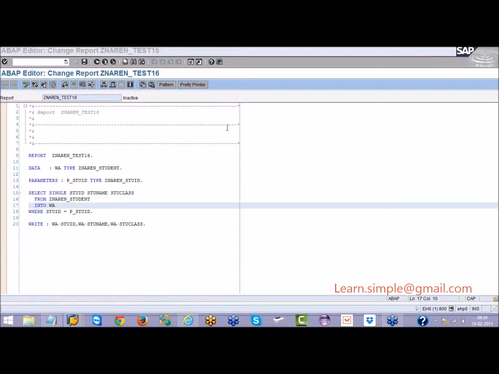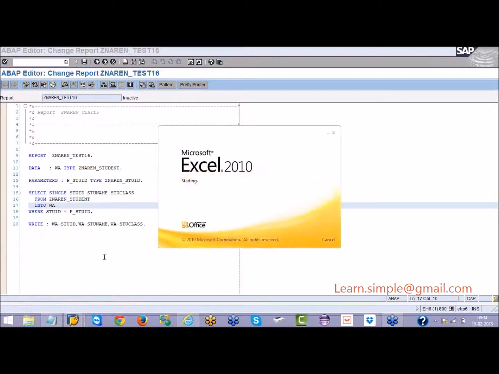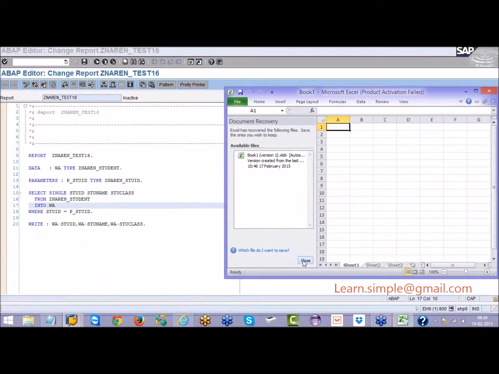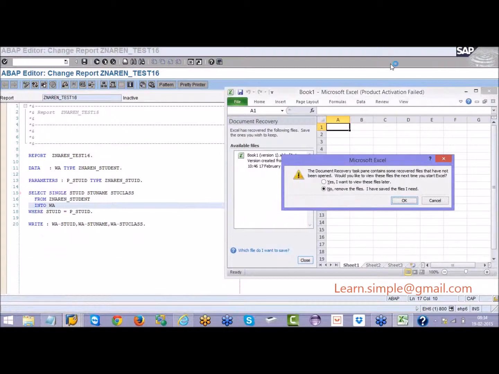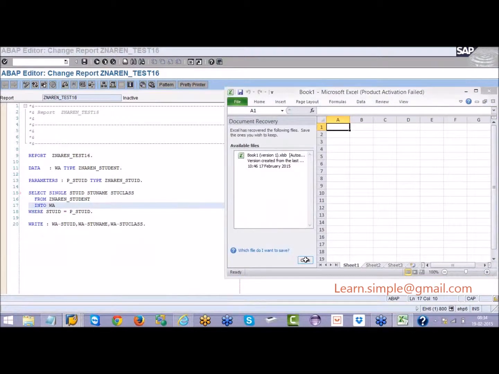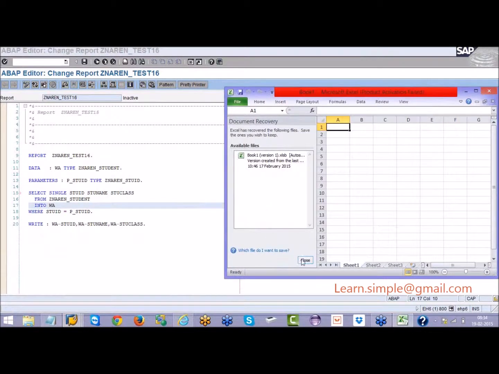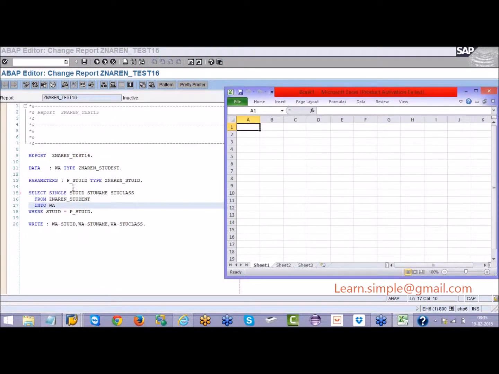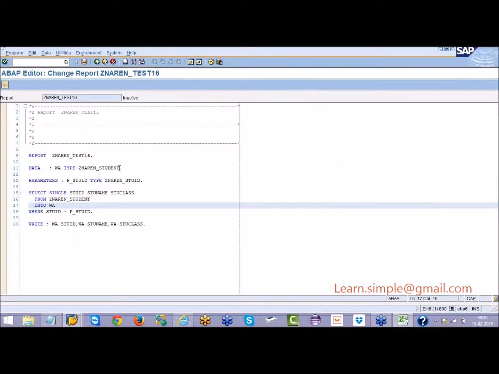I will open an Excel. So how have I declared my work area? I am saying WA type the student table. So that means if the student table has 100 fields, all the 100 fields should be available in my work area.